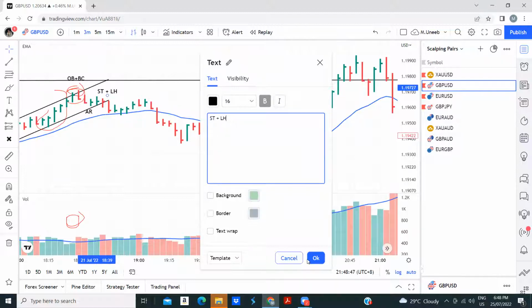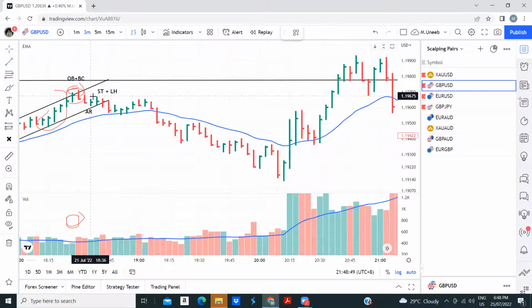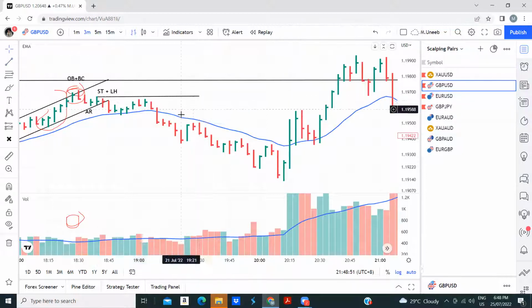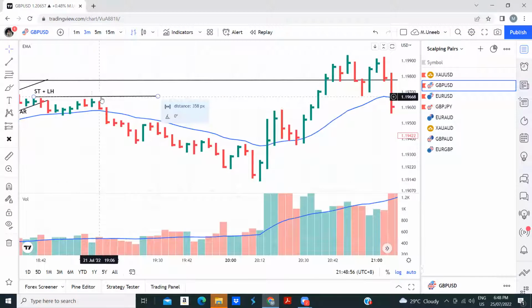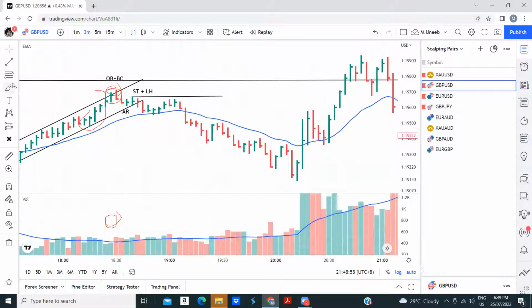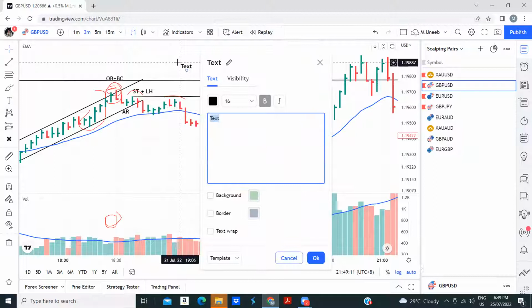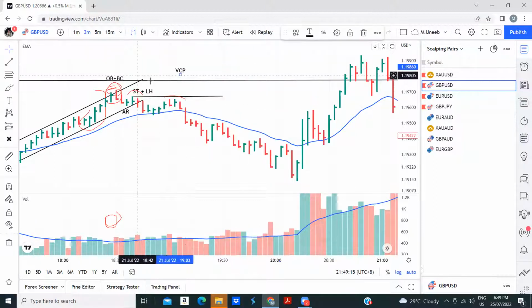I told you whenever we have a lower high, what do we do? We draw another trend line. Okay, and see if we got a reaction. Price comes here, failed, did not react. But what do we see here? Lower highs, and we broke the lower highs. So what is this? VCP pattern, right? So obviously, when this VCP pattern drives the market, it's a distribution, right?